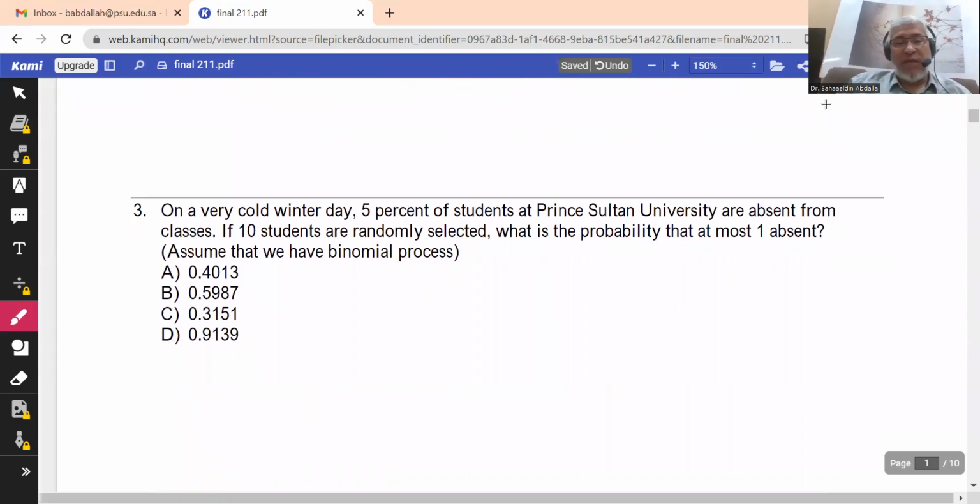On a very cold winter day, 5% of students at Prince Sultan University are absent from classes. If 10 students are randomly selected, what is the probability that at most one is absent? Okay, assume that we have a binomial process. Since it is a binomial distribution, 5% of students, so this is P, 5% or 0.05, 5 over 100, okay? If 10 students are randomly selected, so this is n, small n,